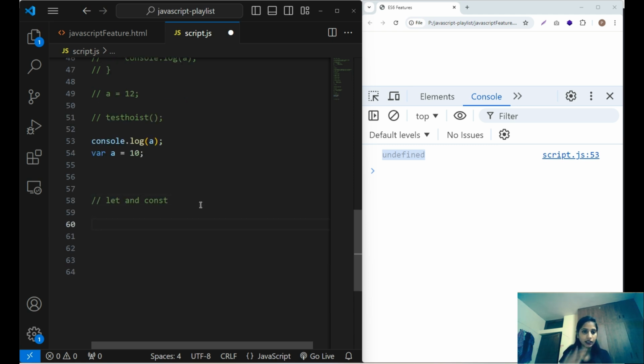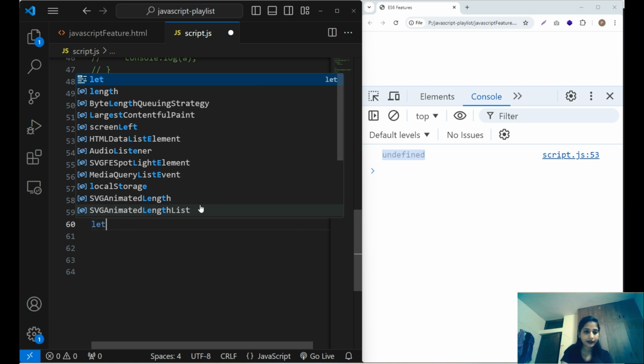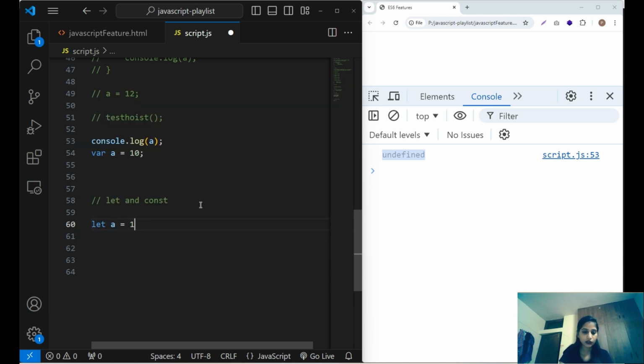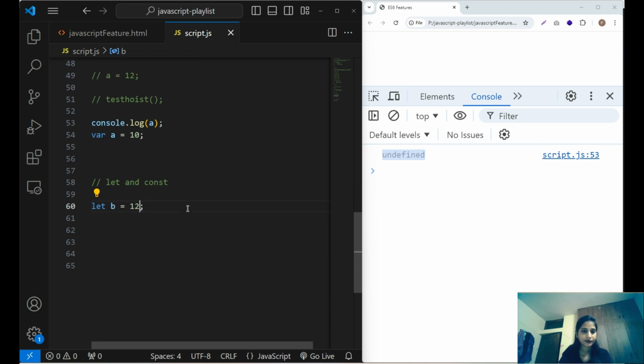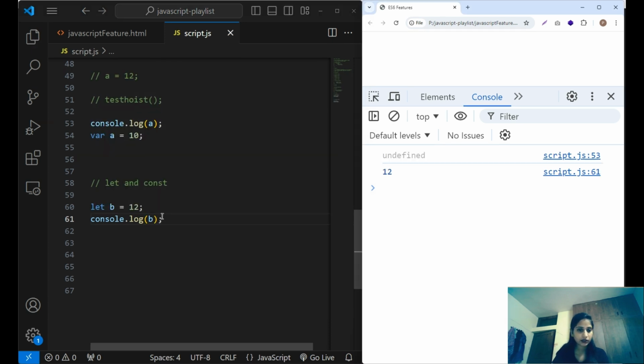For example, we declare a variable like let b equals 12. Then console.log passes the value b, so it will give a 12 output, right?